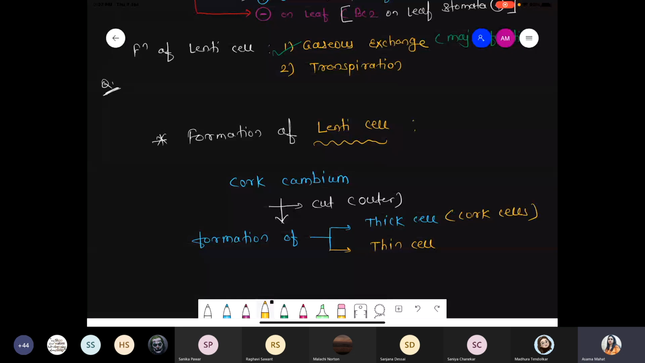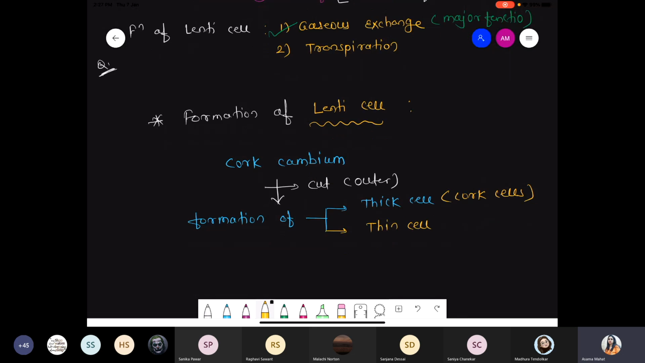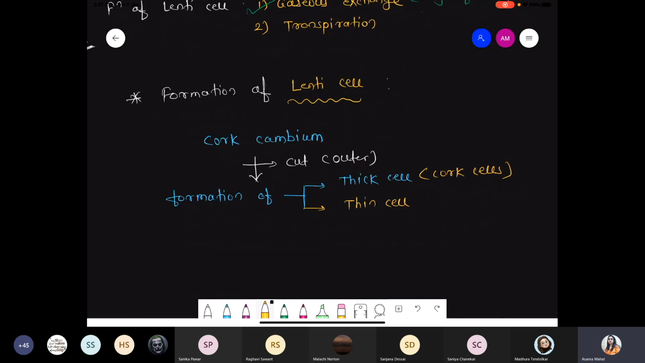Cork cells are basically dead cells, with deposition of tannin and deposition of suberin material, so ultimately they are quite thick. So when the cork cambium cuts toward the outer side, there is a formation of thick cells, that is cork cells, as well as thin cells. So we have to focus on the thin cells. Now what happened? The thin cells which get formed, they create